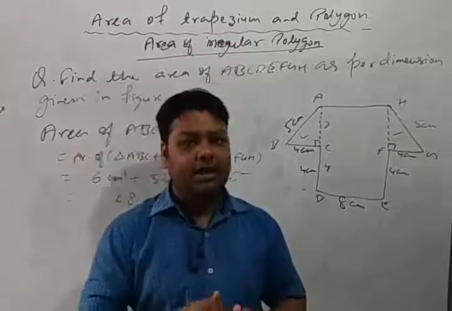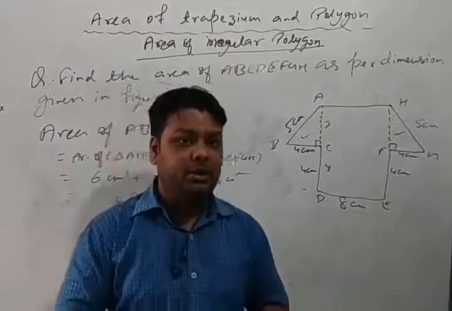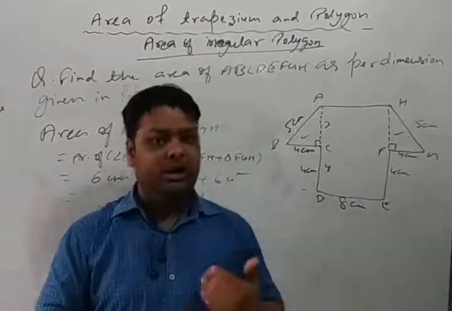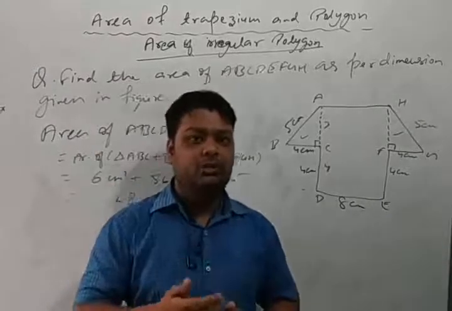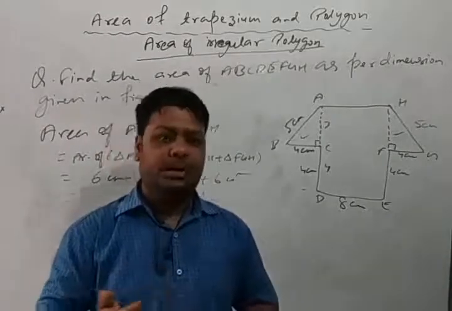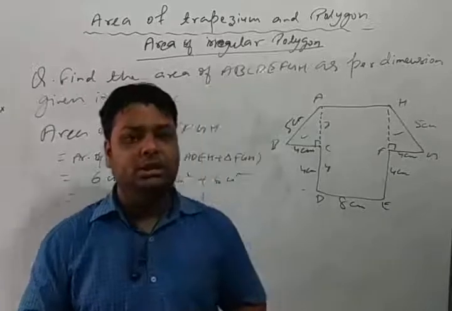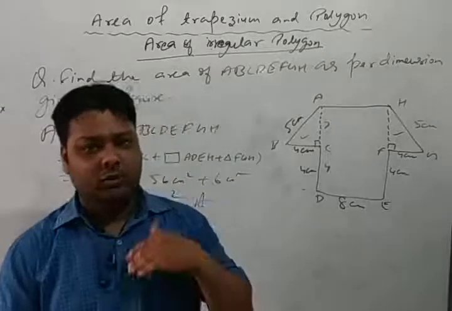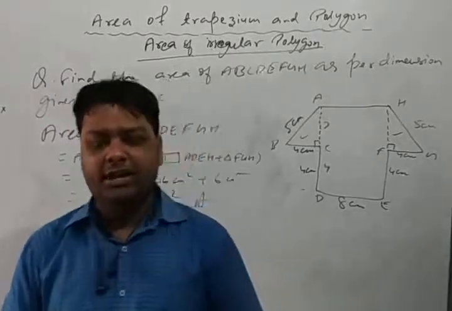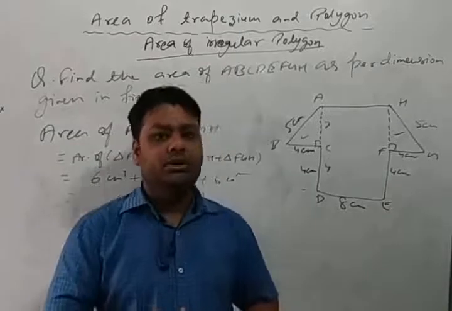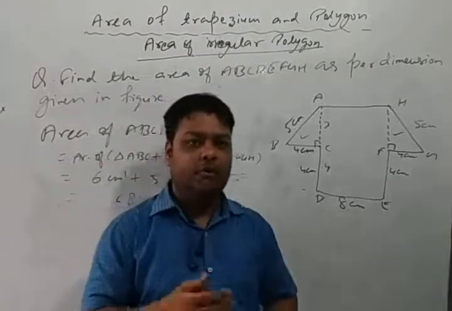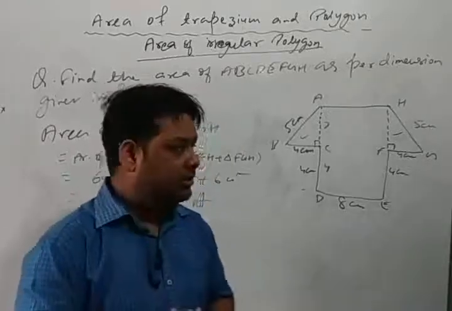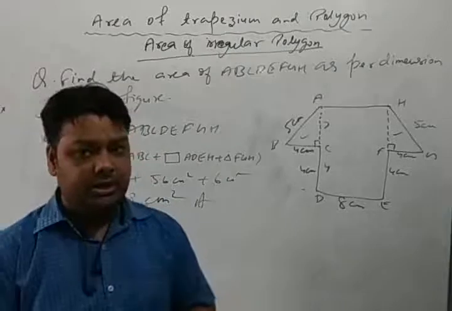Same as p square is equal to h square minus b square, or p is equal to under root h square minus b square. And same if you are finding the base, it means base square is equal to hypotenuse square minus perpendicular square, or base is equal to under root hypotenuse square minus perpendicular square. So this is the formula you have already written in your copy. In previous classes I have already explained how to use the Pythagoras theorem and Heron's formula. Okay dear, so I hope that your thoughts are already clear. Okay dear, so thank you.